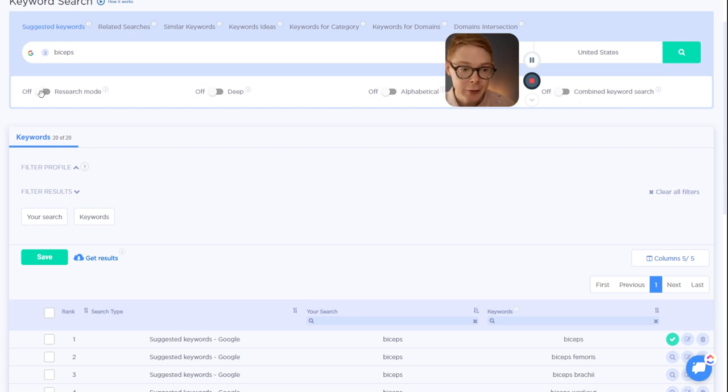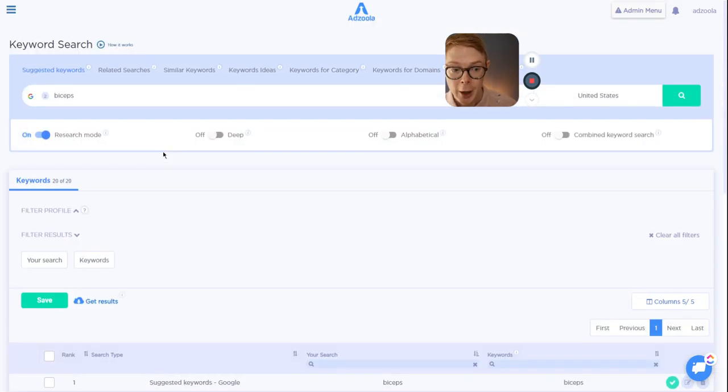But if you wanted to see that in the same table, what you can do here is turn on research mode. Now this enables you to do consecutive searches, but keep the results in the table. So you saw that previously I did a search, and the first results were in the table, but when I did a second search, the new results came up, and it cleared the previous results. So if I want to keep them, and I want to keep doing some research, turn on research mode,